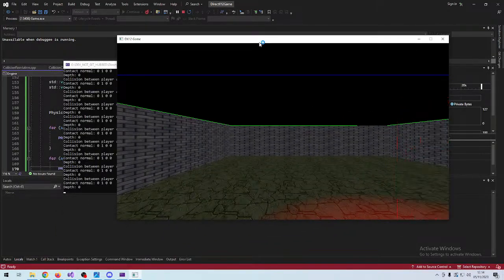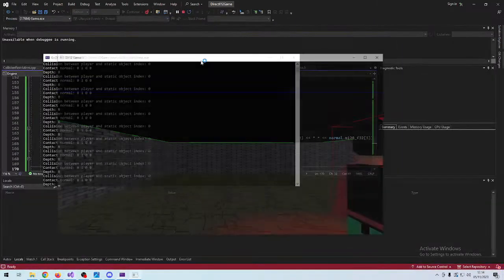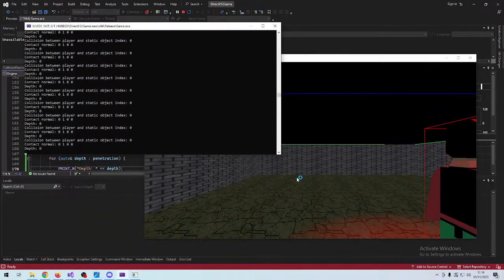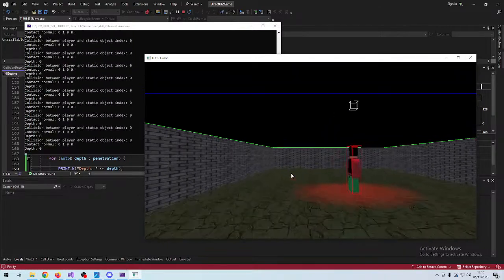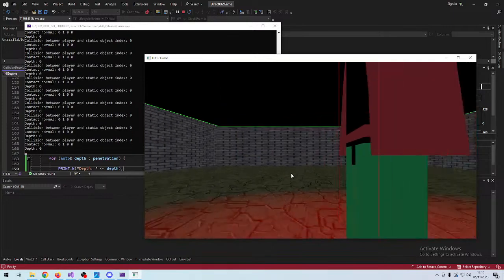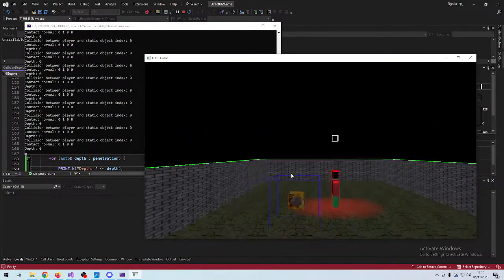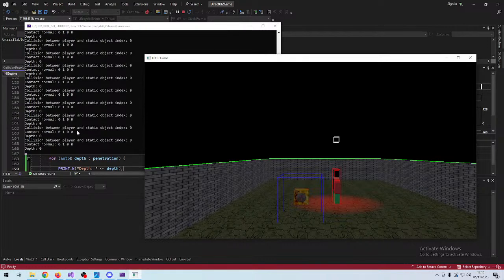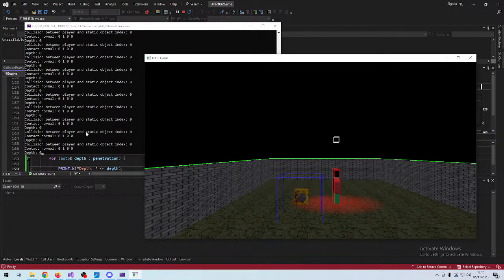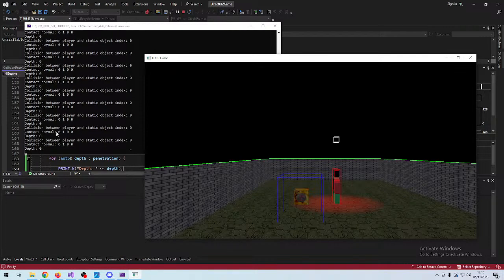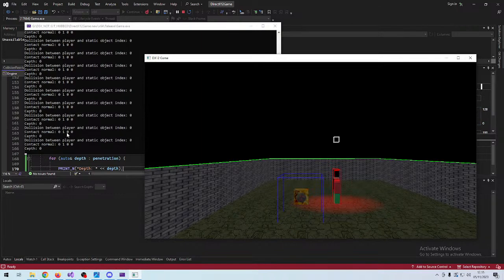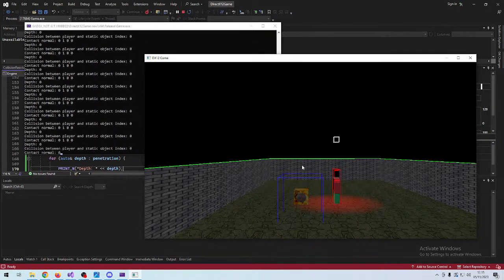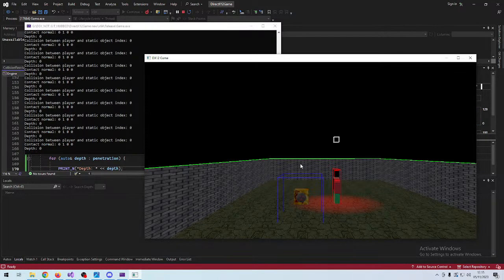Yeah, that might work. Let's see. So let's swap out of the player camera here. So it says that there's a collision between the floor, which is index 1, which has a contact normal of 0 on the x, a plus on the y, and a 0 on the z, meaning that for this collision,